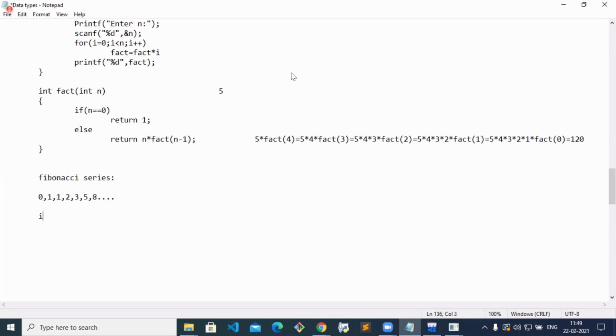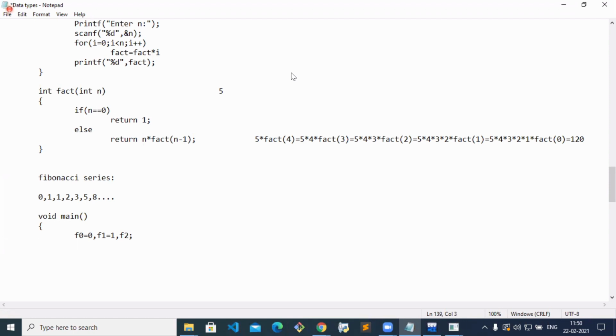Okay, you just give it a try. Simply, I'm writing void main. First value I'm giving directly: F0 is equal to 0. F1 is equal to 1, I'm giving. Next we are going to find F2, and now you tell me the logic.